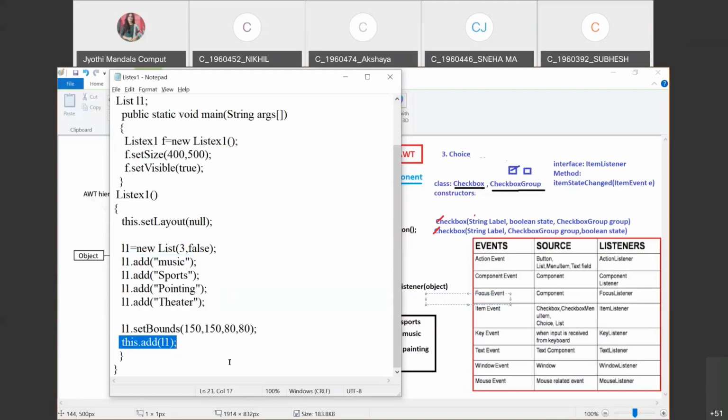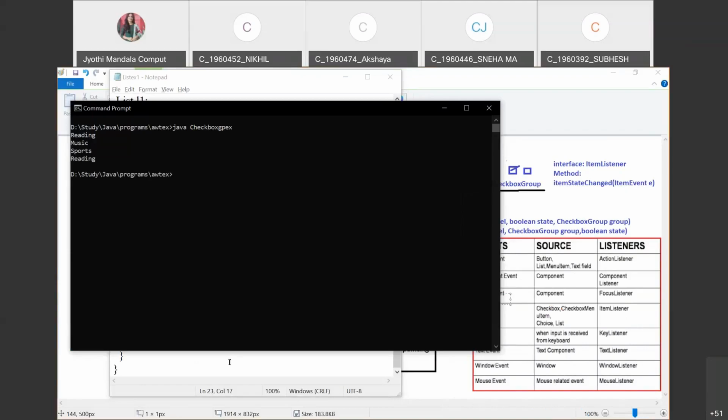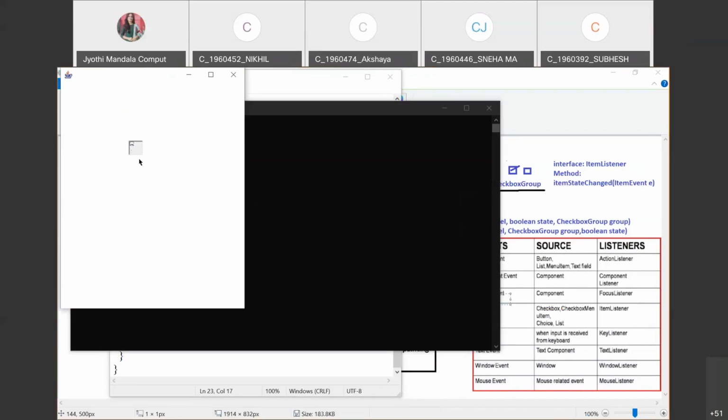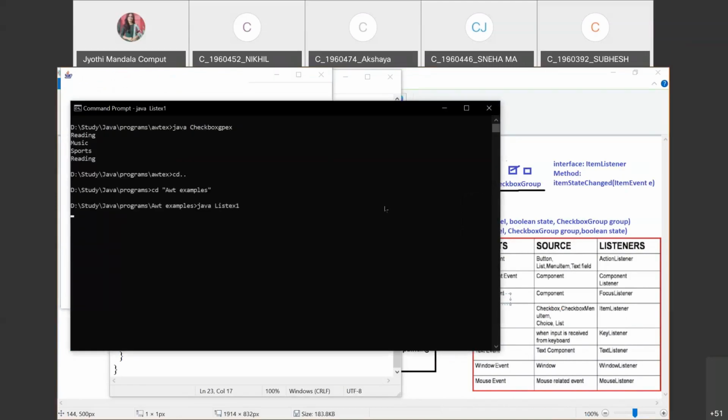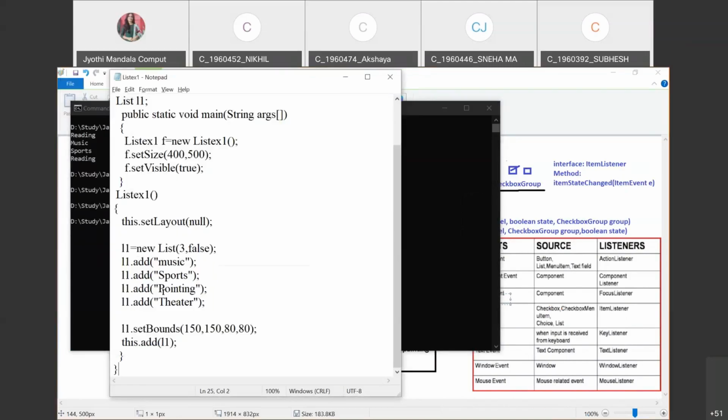So shall we run this program and check? I think the frame, the list is very small. It can't be shown here. I'll increase the size, okay? So that you can see.